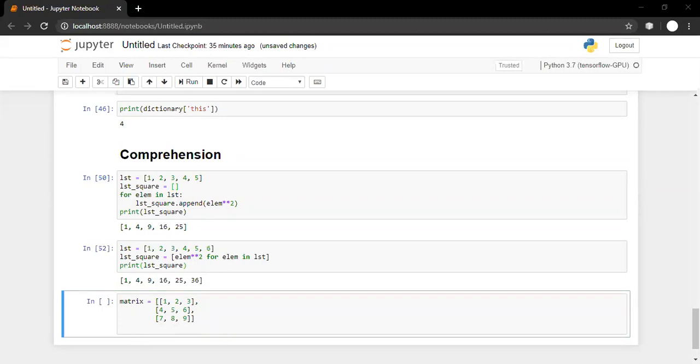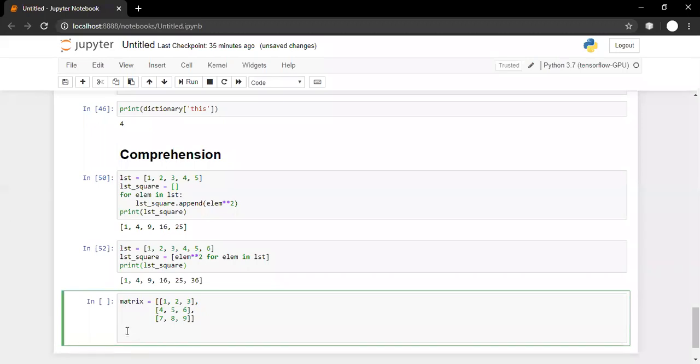So what is my task? My task is I want to convert my matrix into a single list. Matrix is 2D, na? I want to convert it into 1D. That is called flattening of a matrix, that is converting a 2D matrix into a 1D vector, or one list consisting of elements 1, 2, 3, 4, 5, 6, 7, 8, 9 in one row. So can we do it using a nested for loop? Yes, we can do it using a nested for loop, something like this.